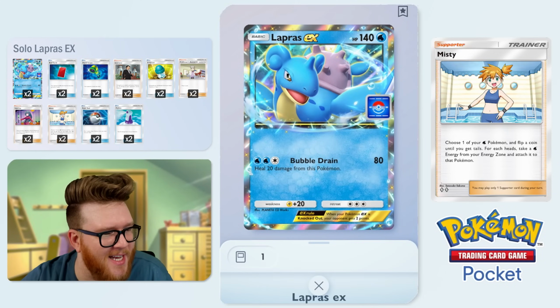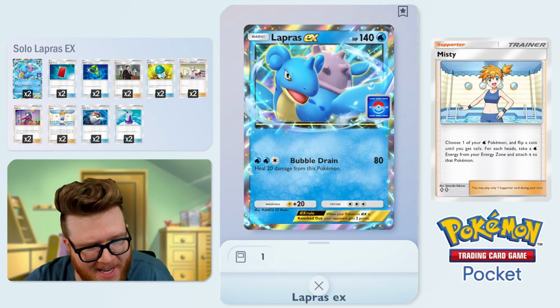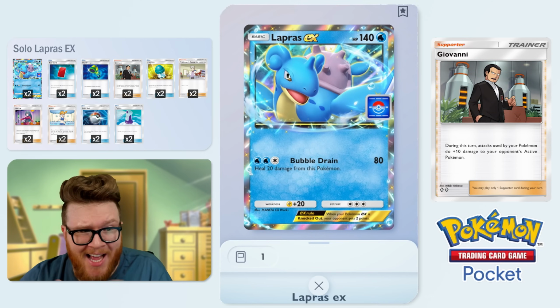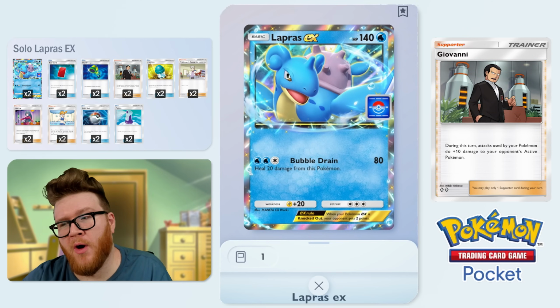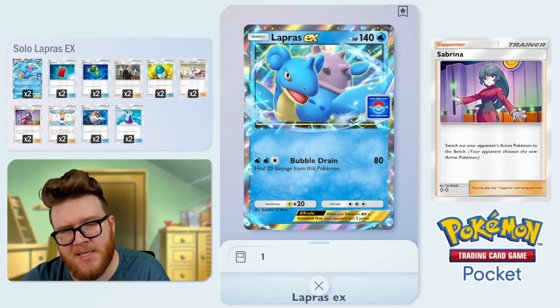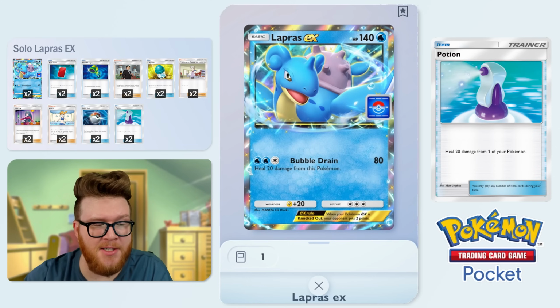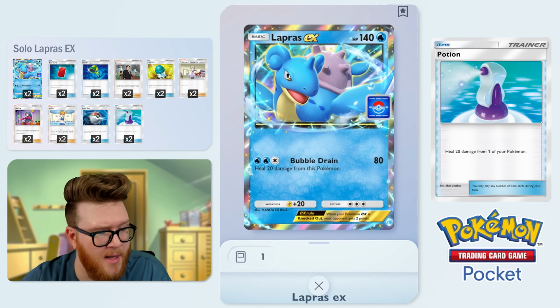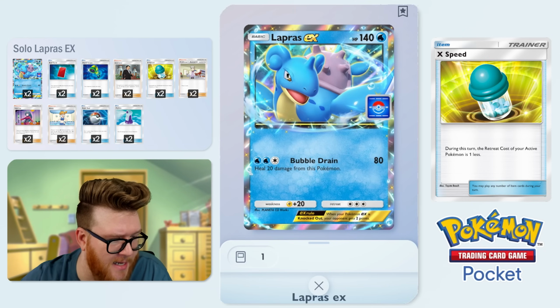So Lapras EX just landed in Pokemon Pocket. We actually got a brand new card already, and I think it's a promising one. We've seen some solo Articuno, solo Zapdos decks in the past. I actually think solo Lapras has a chance to be pretty good as well, because this bubble drain attack, 3